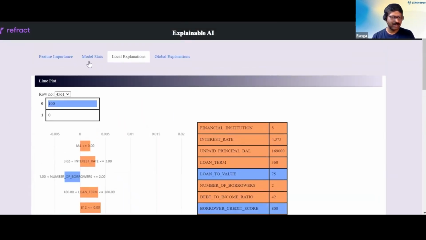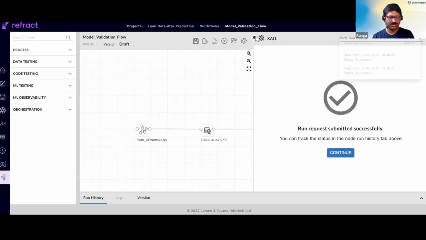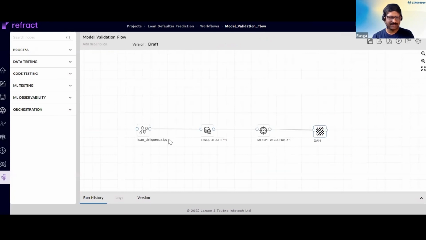So there are a number of metrics available for the model validator to look at and say whether this model is something that should be deployed into production. So you looked at data, we looked at the model, and then we looked at explainability of the model. Therefore, the model validator hands off to the final step, which is